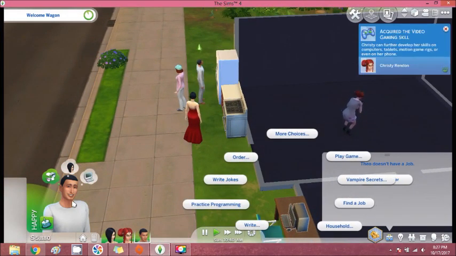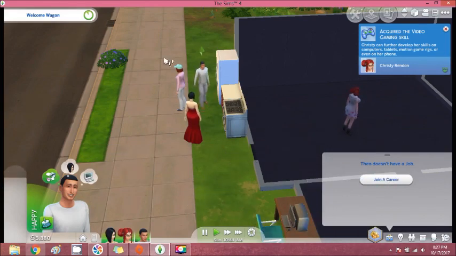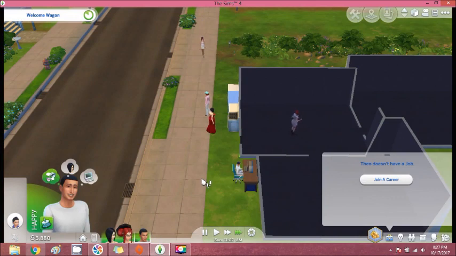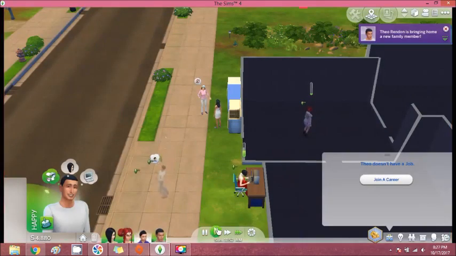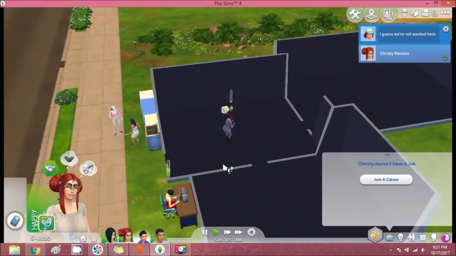So you take the once was child and you get him to adopt. Once again, a child, not a toddler or a baby. You simply repeat this process all the way up until you have 8 characters down here, who are all adults. And then what you do is you get your vampire, the one that you created,